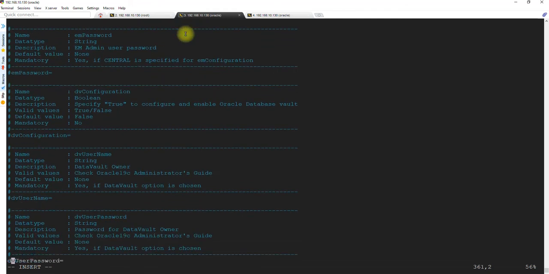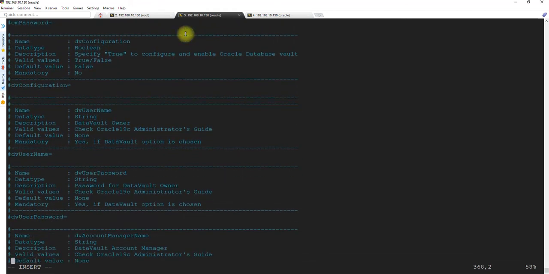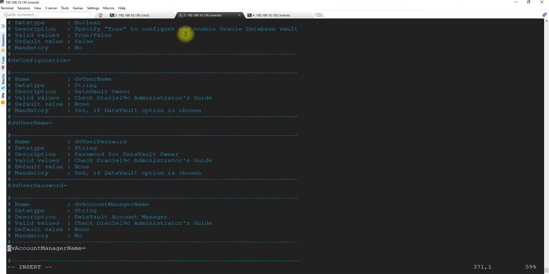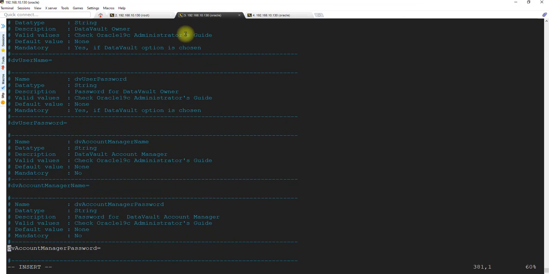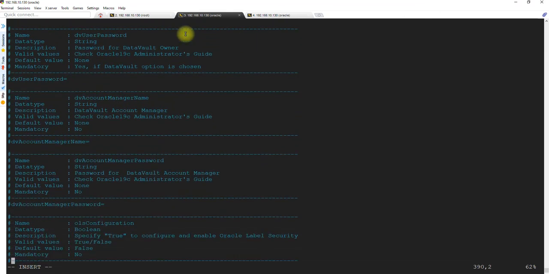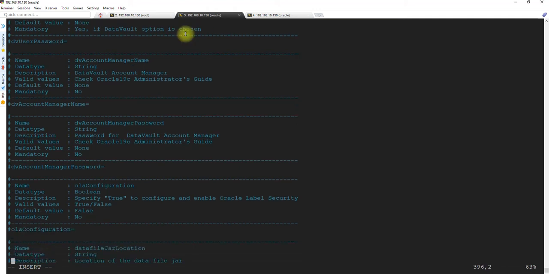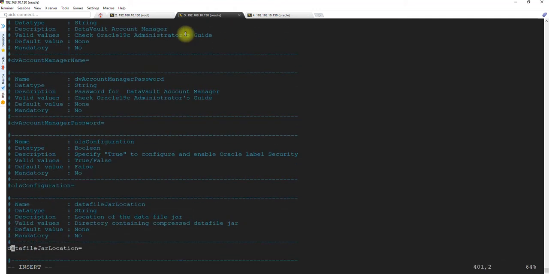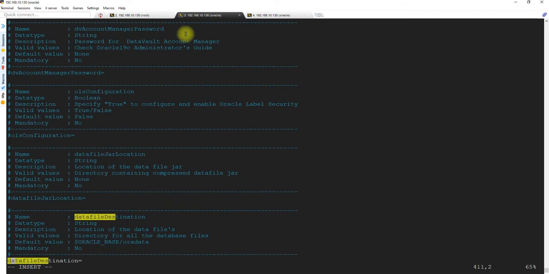But one thing to remember is that these are the things we perform in the real world. Not all companies provide you the graphical user interface for the installation. Usually those are silent installations only, because they use scripts. There is no meaning of a graphical user interface. These are not required. So now this particular parameter is very important: data file destination /oradata.